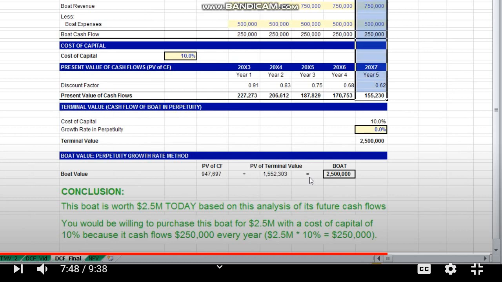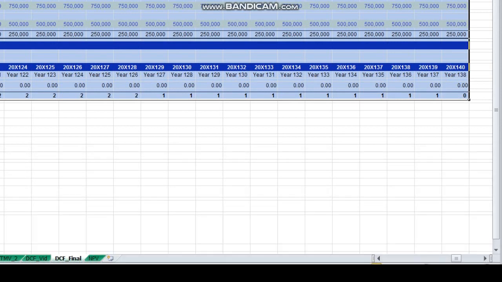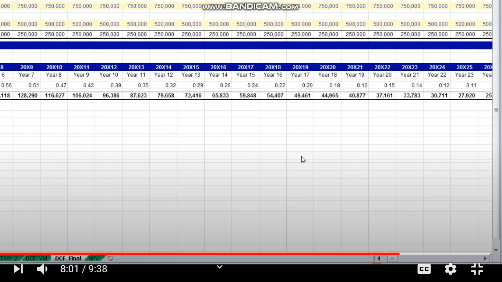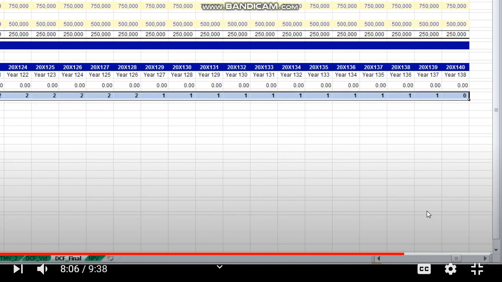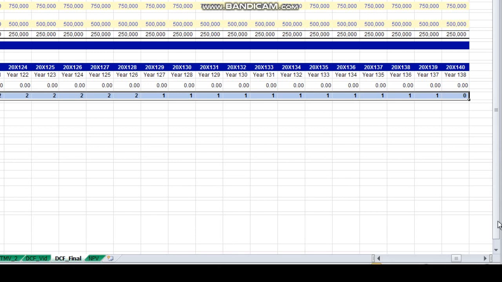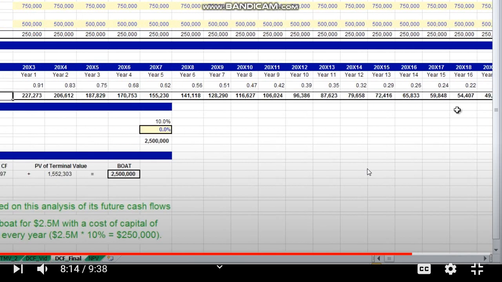The first is that if you project your cash flows out far enough, say to year 138, which doesn't make a lot of sense because few people have that kind of foresight. But just to make a point, if you take this sum, and you'll see that in the final year, the present value of $250,000 is less than $1, you will note that you arrive at nearly the same value, sum